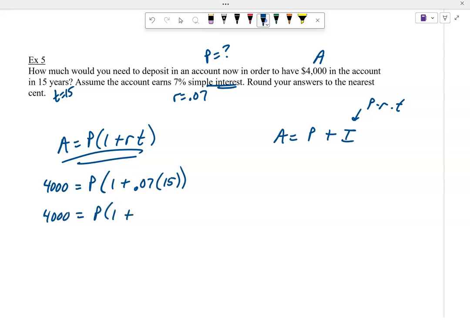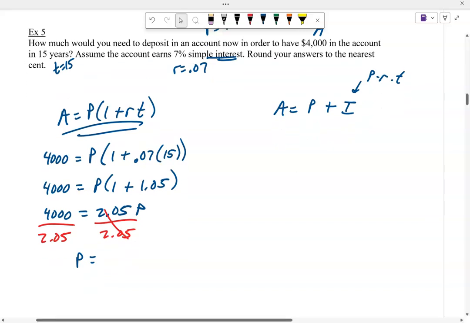Now I go 0.07 times 15, that'll give me 1.05. And then 1 plus 1.05 is 2.05, so I have 4,000 equals 2.05 P. I've got to solve for P, so let's divide both sides by 2.05. And so my 4,000 divided by 2.05 ends up being